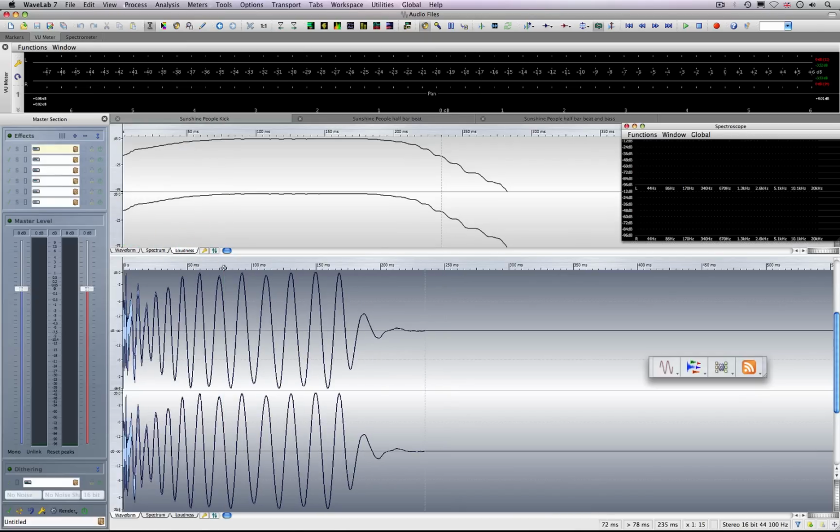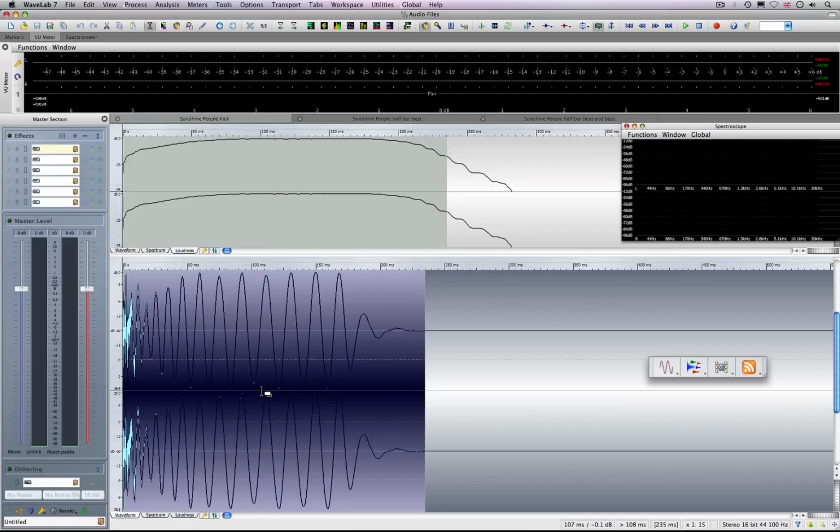There's a very good loudness display graph, and you can see here that there is this loudness that occurs slightly after the initial transient at the beginning. And I'm going to show you something here which is going to give you a really detailed analysis of what's in this kick drum. I'm going to double click to select the waveform,